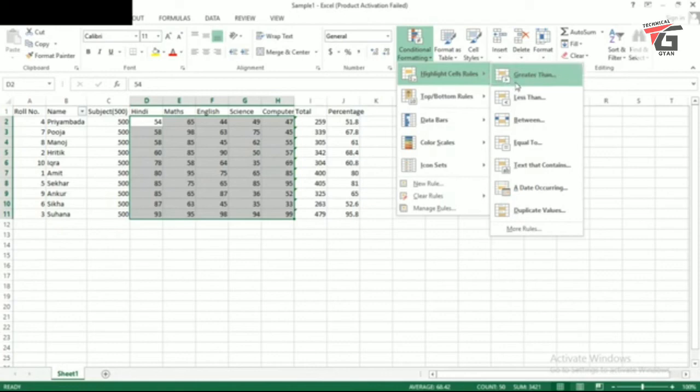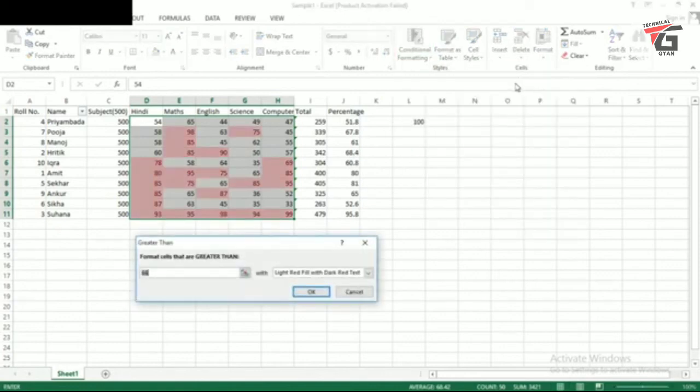So I will use the greater than criteria. Click on it. Greater than what? Greater than 74. What was the condition that we had to use? 75 or above. So 75 is greater than 74. And all the consecutive values which are above 75 must also be highlighted using this condition. You can select the color according to your choice. I am going to use green color.